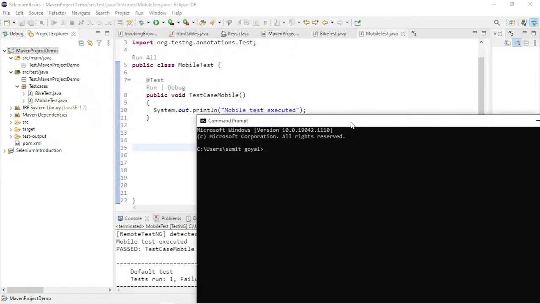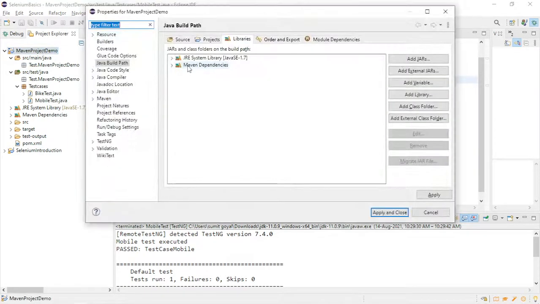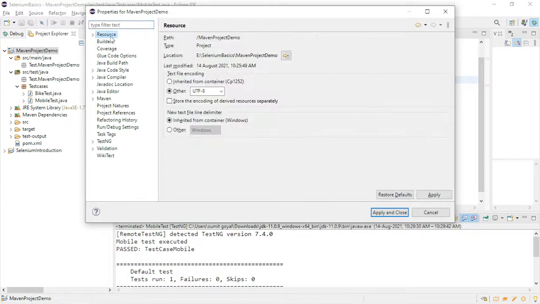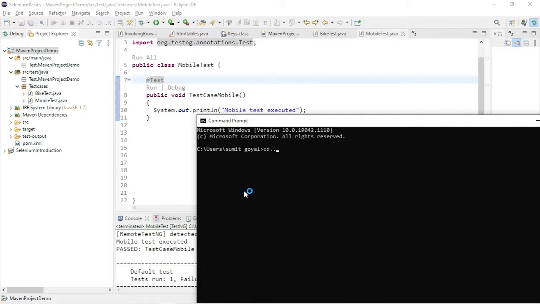Now this is our command prompt, and first let me check where this project is present. If you go to resource, this is the complete path of our project or the folder. So copy this path and let me go to this path. So first we need to, if I write, okay, what is the, I forgot it.